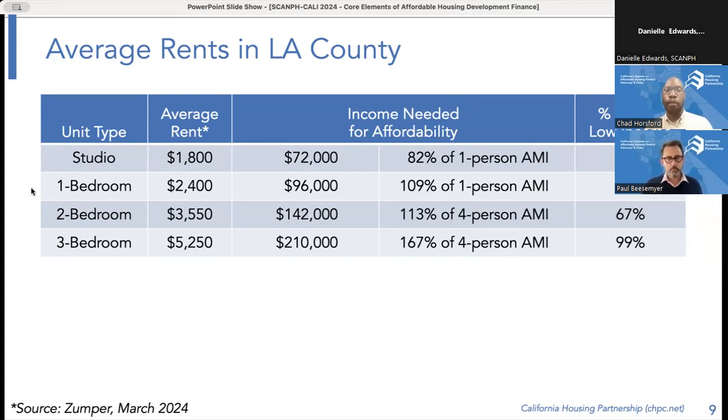We see that as we go up in bedroom sizes. So as we start talking about 1-bedroom units, 2-bedroom units, or 3-bedroom units, the average rent increases. So you're presumably paying more toward rent. And if you look at 3-bedroom units in particular, the average rent skyrockets to $5,250 a month. That may in part be because if you look around at rental listings, there's a lot of studio and 1-bedroom units listed. I don't quite see as many 3-bedroom units listed.